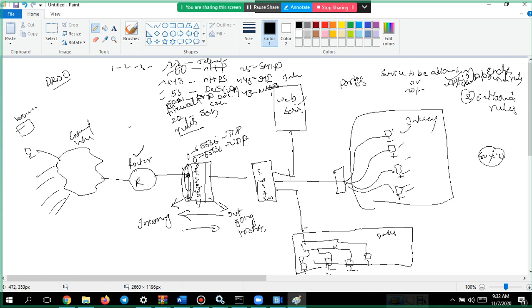But from the firewall, if you have blocked TCP port 80 or TCP 443, even if someone from the external tries to connect, even though he knows the URL of the web page, he will be blocked here because port 80 and 443 is blocked here.